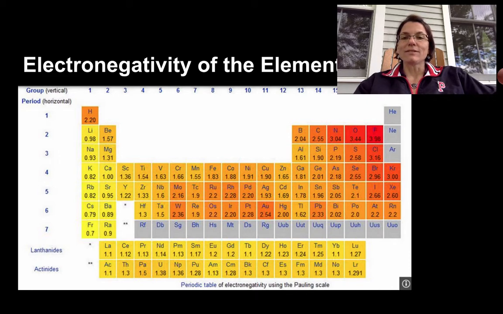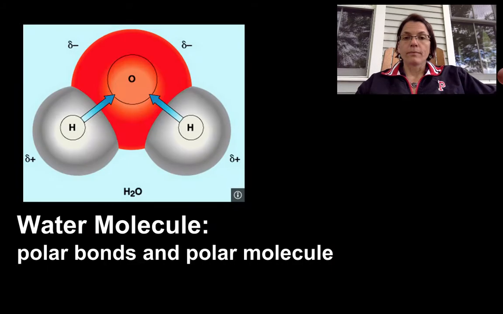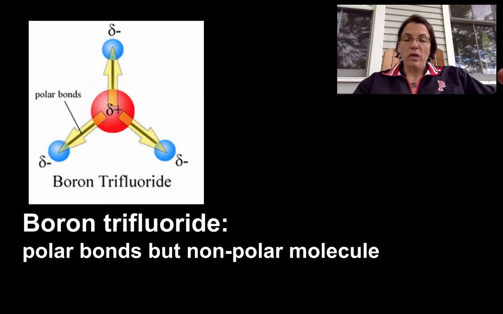If we take the difference of those two, it's well above 0.4, so that's going to be a polar bond. Interestingly enough, this whole molecule is completely symmetrical. The shape of this molecule, as you know from our molecular geometry, is trigonal planar. So what happens is, even though boron trifluoride has three polar bonds in the molecule, those three polar bonds are completely canceling each